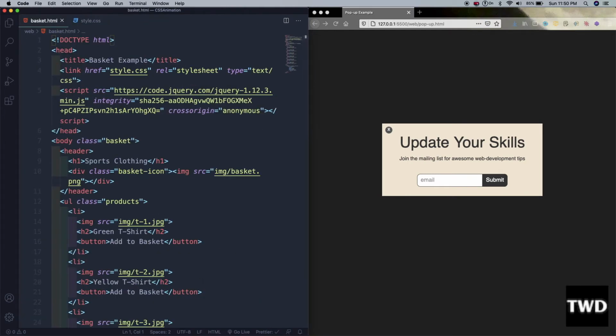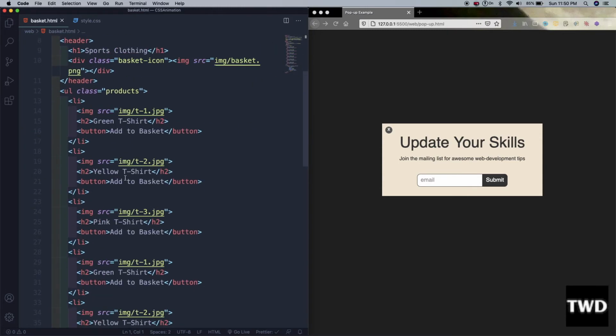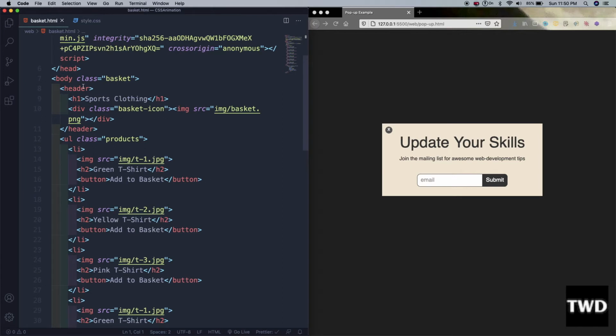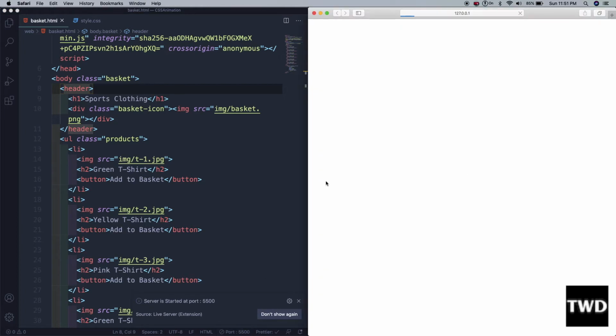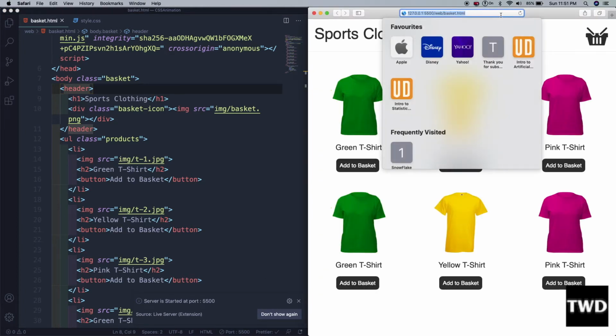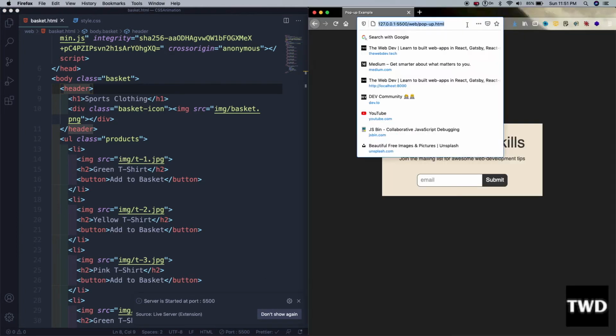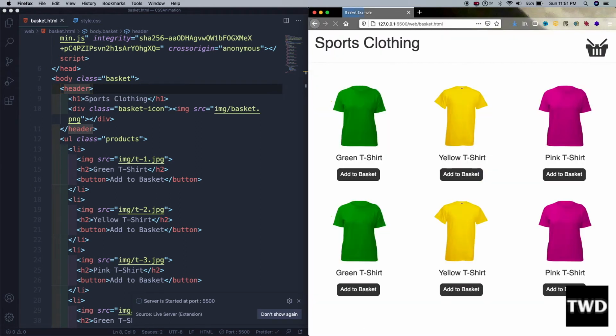So this is the HTML, and we are also using a little bit of jQuery. If you want, you can replace it with JavaScript also. It's very easy. We're not going to learn much about it because this is again a CSS animation series. So let me first go live and see. It is looking like this. Everything is done and our basket is also done.